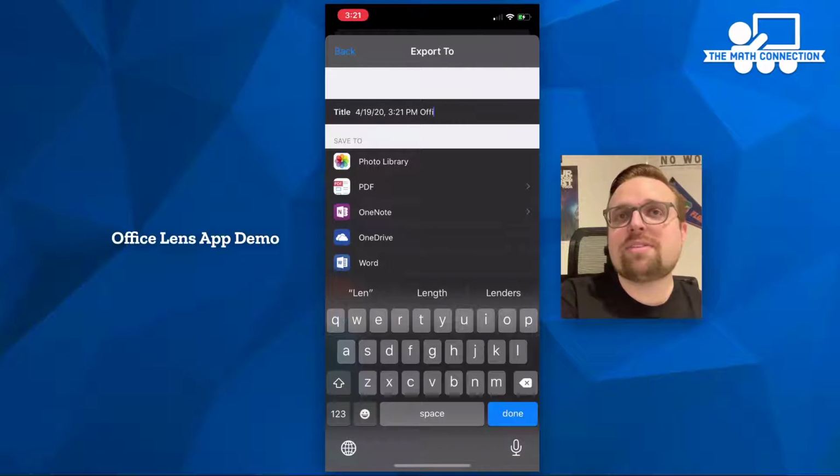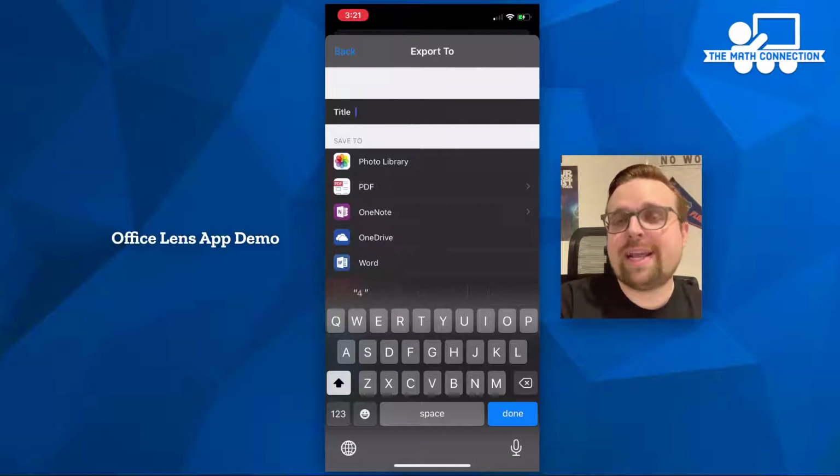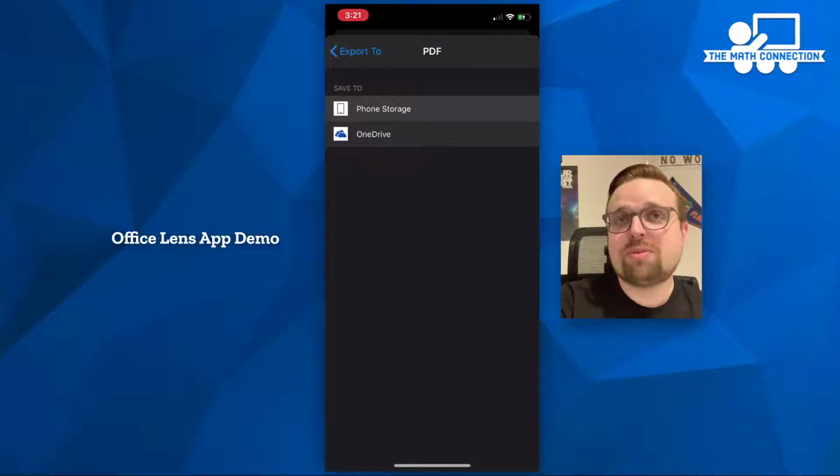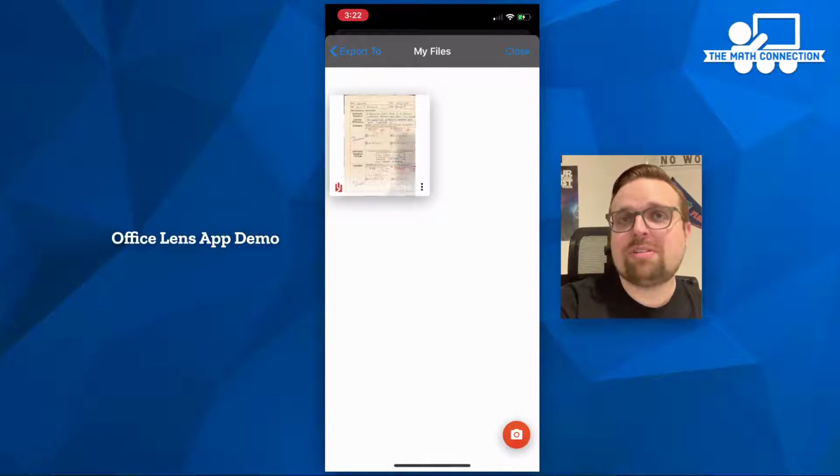And then when I go to this screen, it's going to ask me, where do I want to export this file to? And I first want to give it a title. So here I am titling the document. And I'm going to click on PDF. And it's going to let me save it in my phone storage as a PDF, which is exactly what we